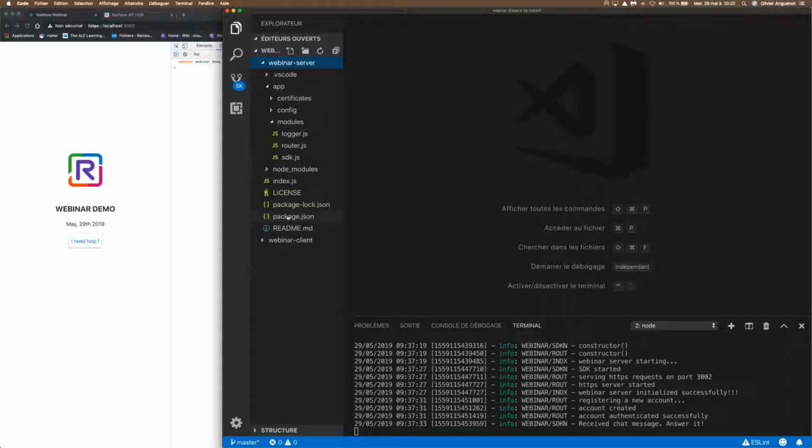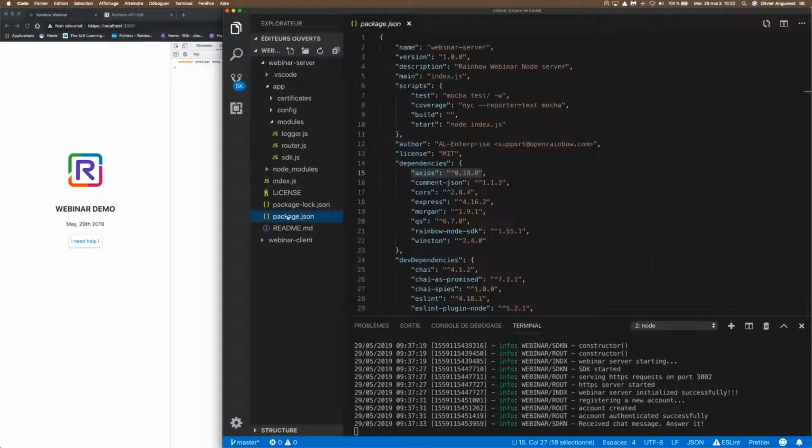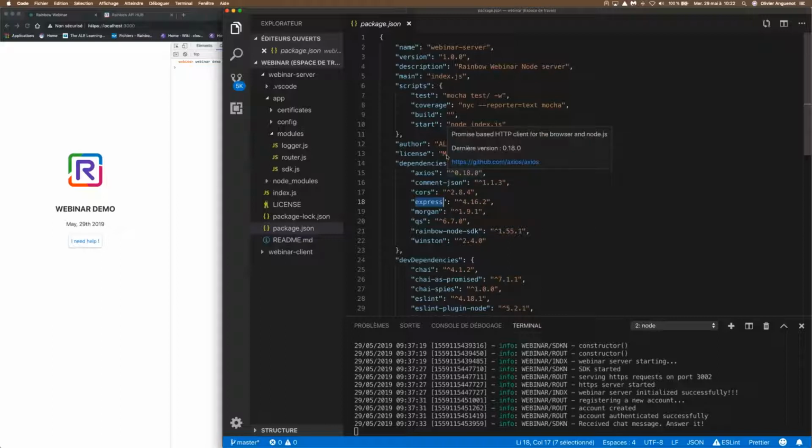I will show you first the package.json, just to explain that we will use the Rainbow Node SDK, and another library, Express, to easily configure routes, so REST APIs, to make the link with the client-side application that will call APIs on that server. We have other little dependencies, but I will just explain the two important ones.